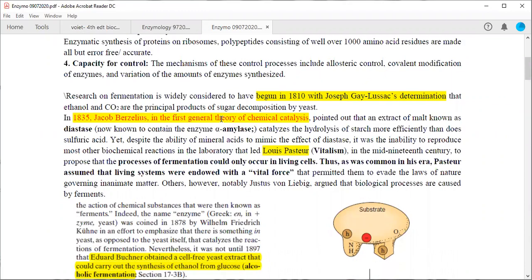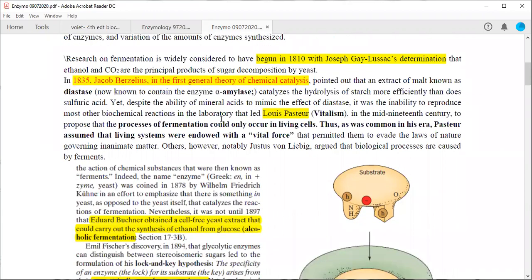So this is all about the initiation of enzymology. The research is where we were able to identify that enzymes work to degrade. So there was research basically over fermentation. Okay, so fermentation, generally alcohol fermentation, for example, is widely considered to have begun in the